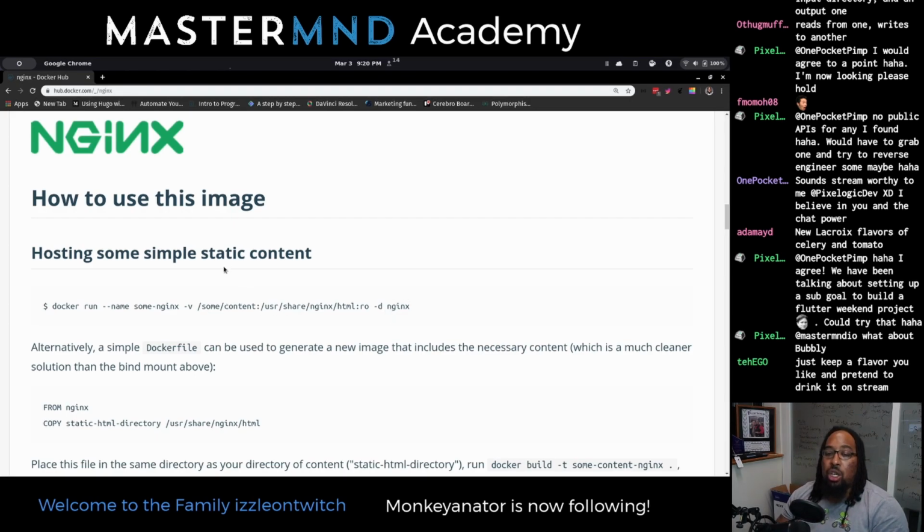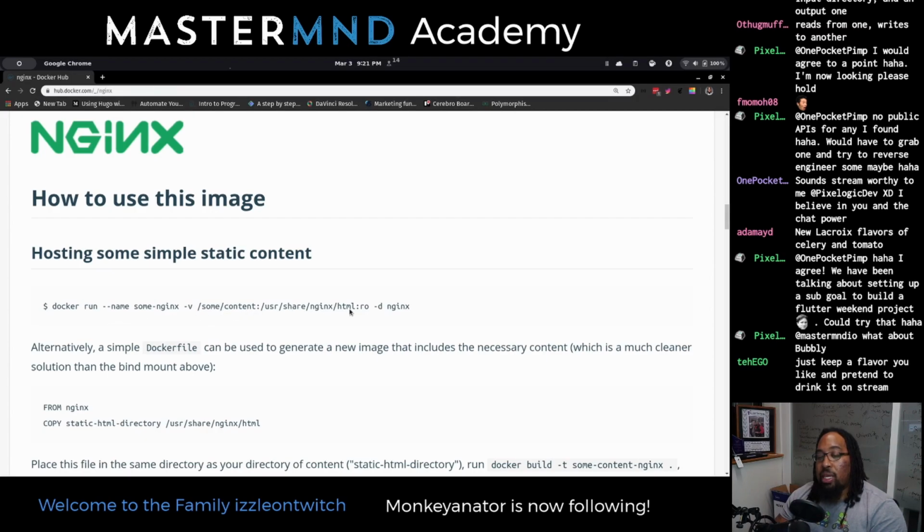So what I didn't show you is that you do not have to specify a volume. If you do it like this, you can directly connect a folder or directory on your host computer to a place in the container. You do not have to specify a volume, but you can specify a volume if you'd like. And you can actually specify a volume at a specific location if you'd like. This is how you would do that. So basically what they're saying here is go ahead and put your site code in this folder on your computer.